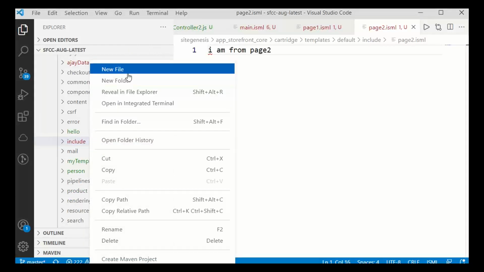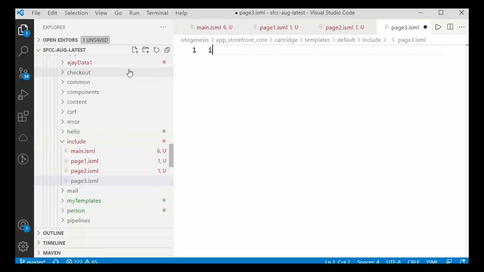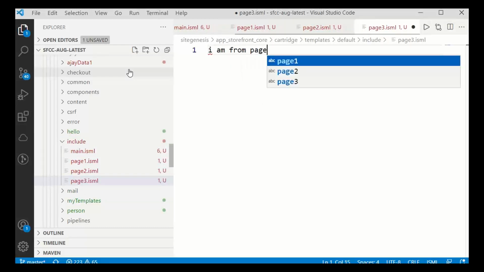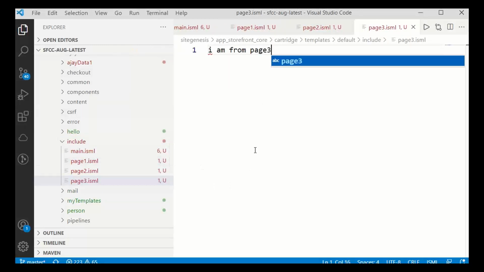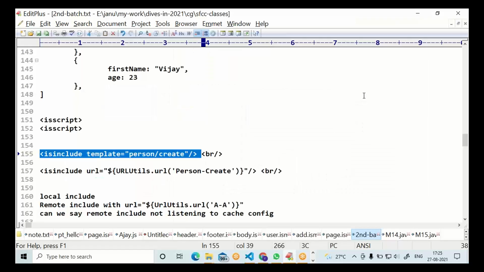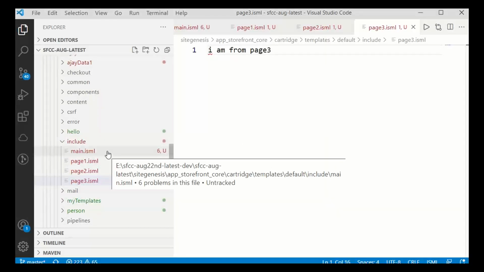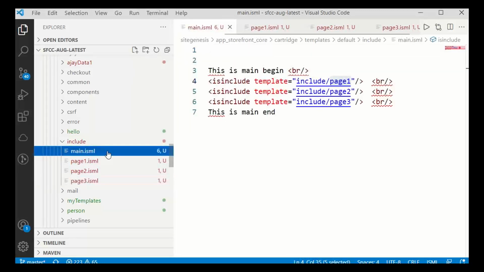Similarly, right click on include, go to new file, page3.isml. Main.isml is including page 1, page 2, page 3.